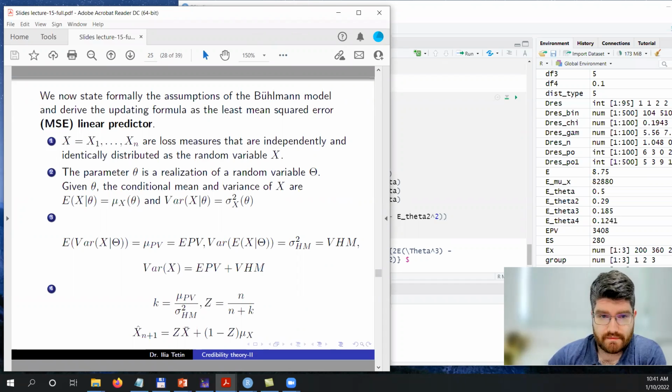And actually, there are several things which we might use. Actually, this is the formula, the final formula, which is really important for us. This next value of x depends on the mean value of x and the mu value of x, and with the z. Z is the credibility factor, which we are going to